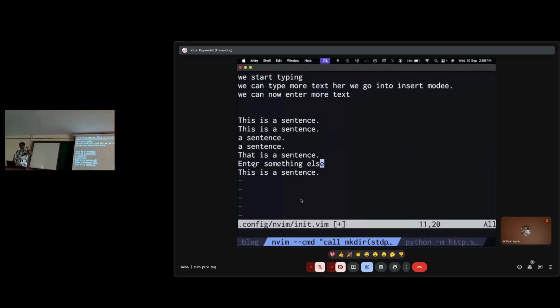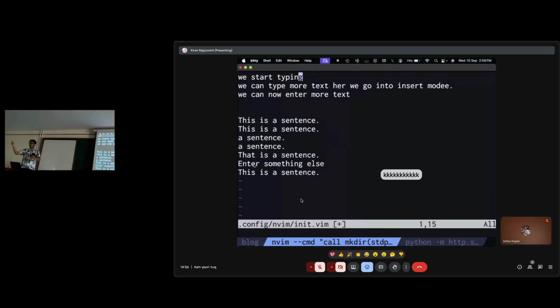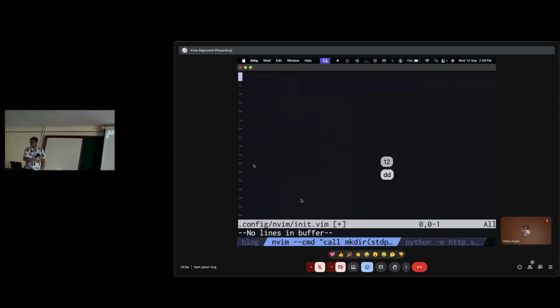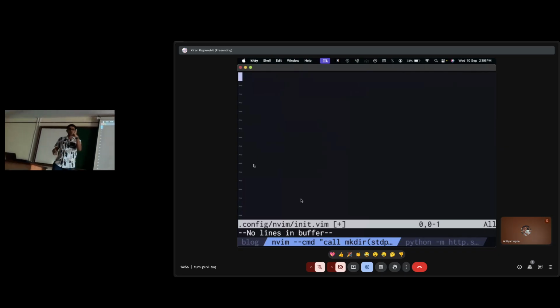I'm going to press A to go at the start of the buffer. And how many lines are there? There are 1, 2, 3, 4, 5, 6, 7, 8, 9, 10, 12 lines. So I want to delete all these 12 lines. I can just say 12dd, and everything's gone. So you see, are you starting to see a pattern here, like verbs, motions, and each verb-motion pair can be given some kind of a count. Does that make sense? Do most people agree with me?